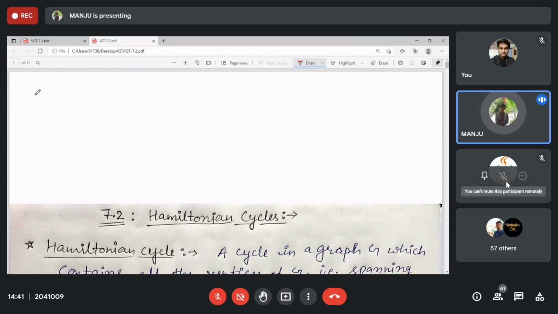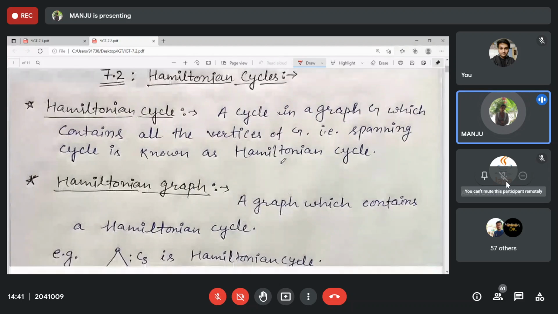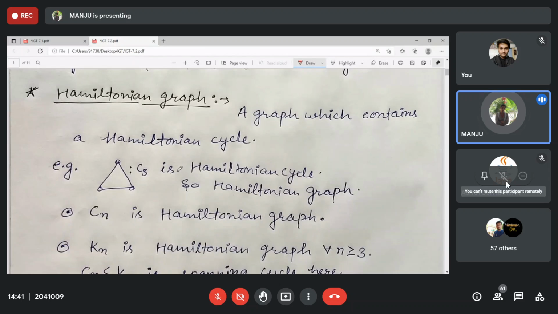So for Hamiltonian, what should be the condition? There are 3 conditions. There is no if and only if condition. If you have Hamiltonian, then this implies something, and if some condition holds, then that is a one way condition only we have, and the both way condition is with one more condition. That is, if a specific condition is satisfied, then you have the both way condition. Otherwise, not. So first, let's see examples. Cn, Eulerian and Hamiltonian both. Kn, Hamiltonian. Which cycle exists?